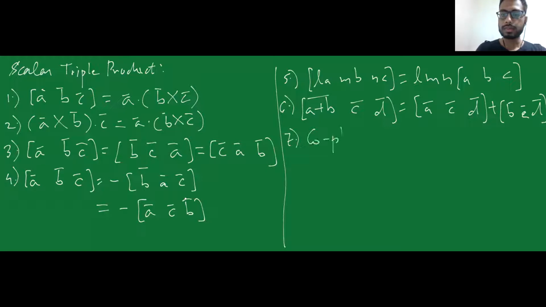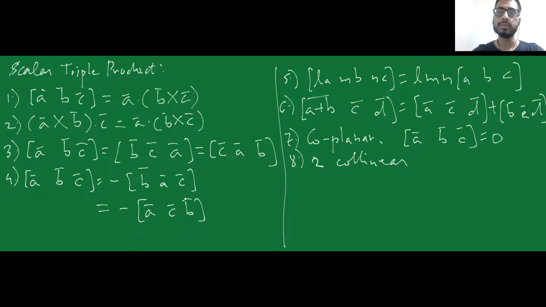If my vectors are coplanar, suppose I have 3 vectors A bar, B bar, C bar, and it is given that the 3 vectors are coplanar, then I can say that their box product or scalar triple product value is 0. Also, out of 3, if any 2 of the vectors are collinear, then they are going to be scalar multiples of each other. Hence, I can say that the value of my box product is still going to be equal to 0.